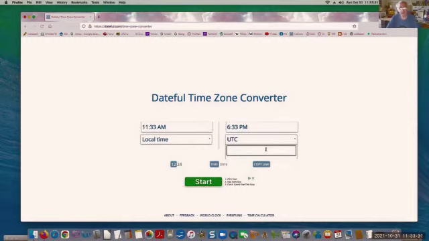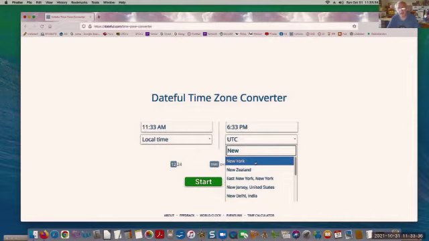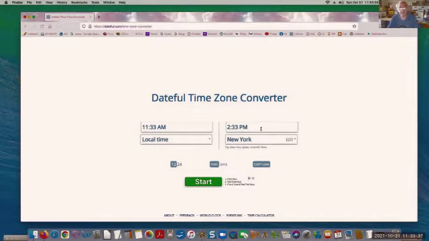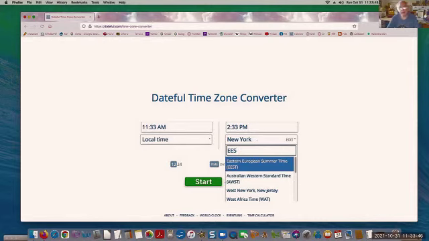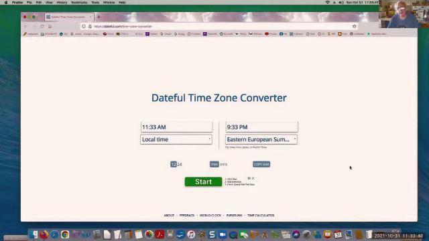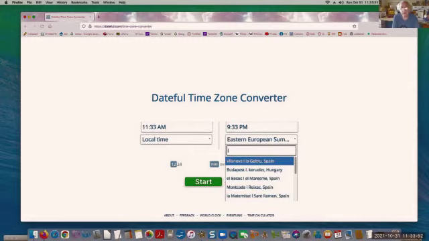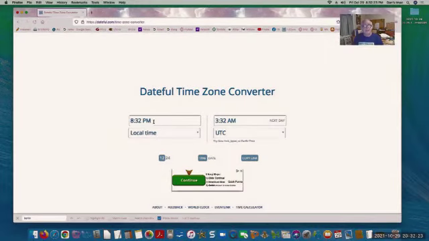To change that, you type in either a city to find its converted time, or a time zone abbreviation, or if the nation is small, a nation. So if I was saying Thursday at 8:32, this would be Friday at 3:32 a.m.